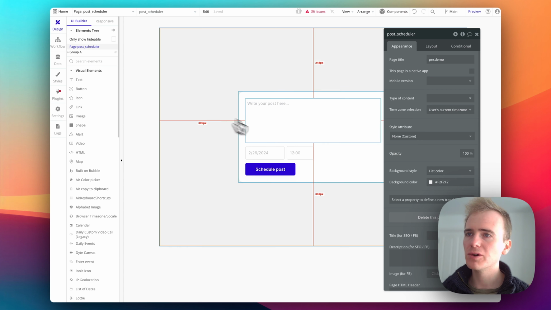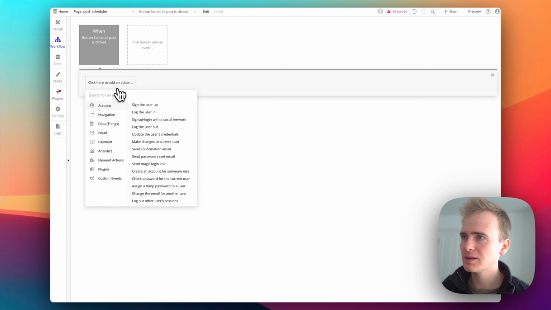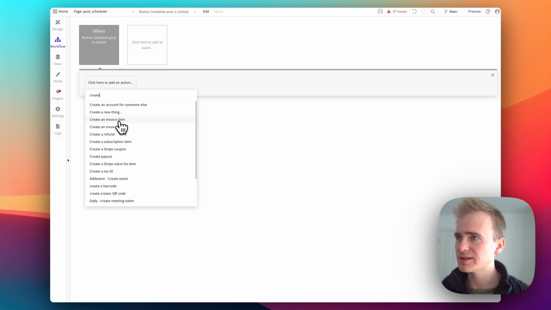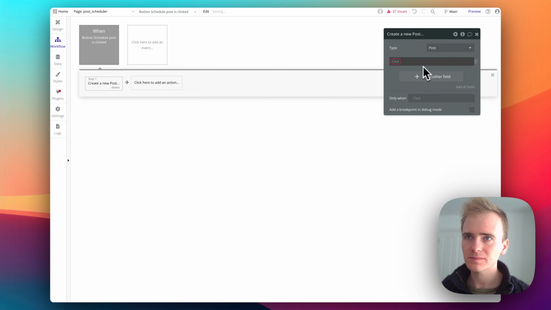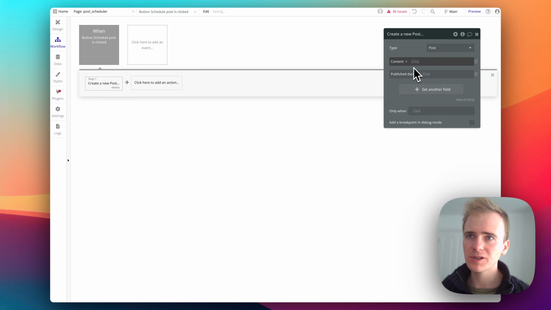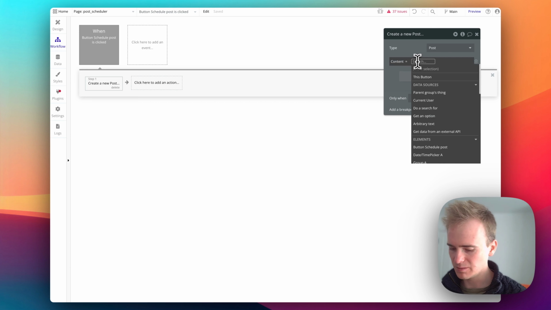Okay, so when we create the post, let's create our data type, or rather an entry for that data type. So create a new thing, post. And we'll set our content. We don't need to set is live, but we will set our published date. So, no, we won't. We'll set the published date when we actually publish it. Basically, the transferable skills here is what you do in a workflow on the page that your user triggers with a button press, and what do you do when you actually run the scheduled action? So this is going to be our multi-line